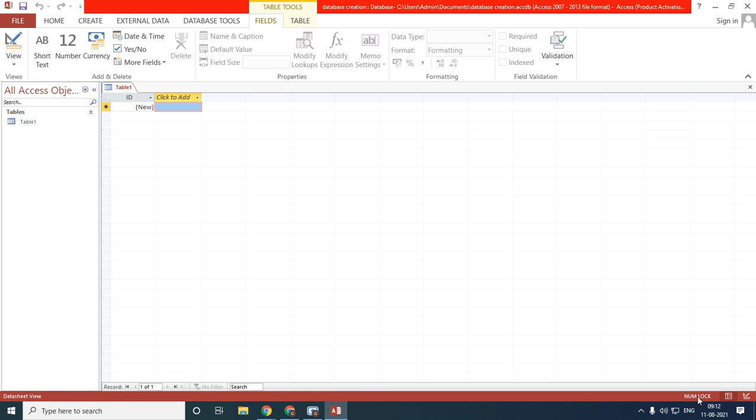Next, as you can see here at the right side, the number lock is there, and this is datasheet view and this is design view. So that area is called the view button. Here I am creating the table in this area. I'm working in this particular area, so this area is called the work area because I'm creating the tables here. I'm creating the queries. I'm creating the forms. So this full area is called the work area.